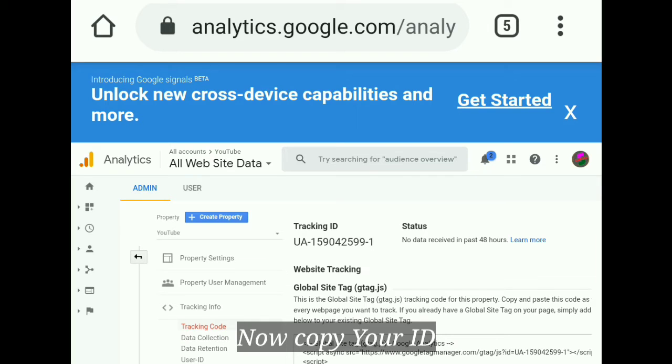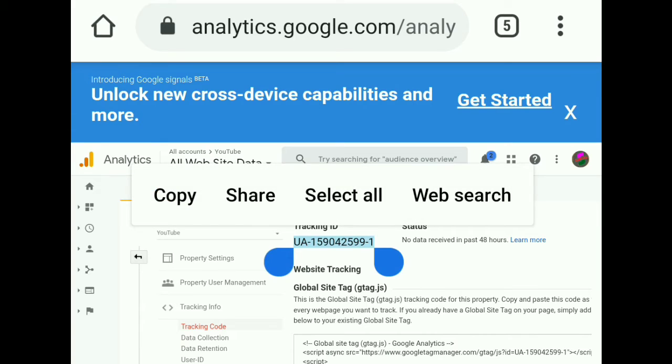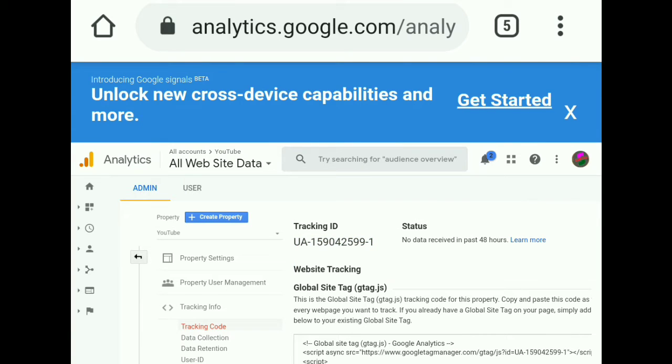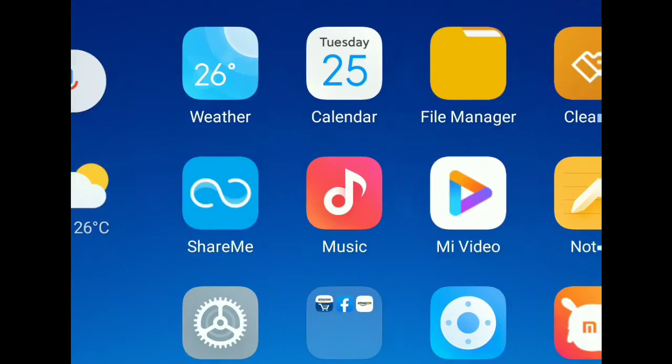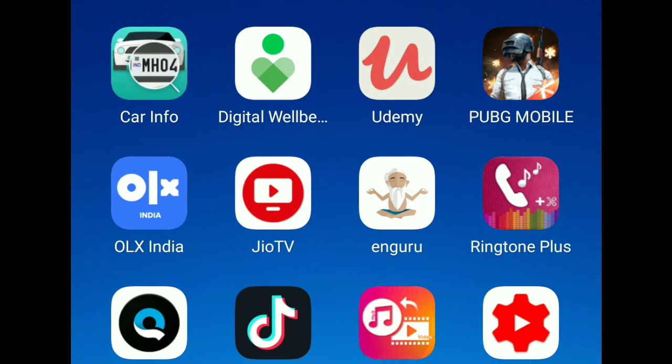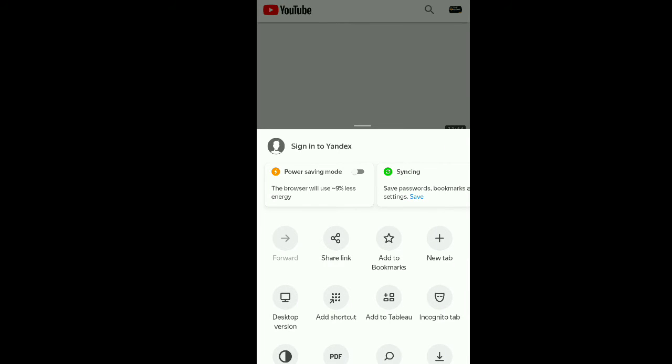So from here you can copy this tracking ID, and now you have to go to your YouTube account. So we will minimize that on your browser. Go to your YouTube account, select desktop site version,